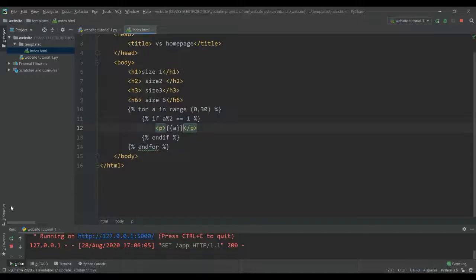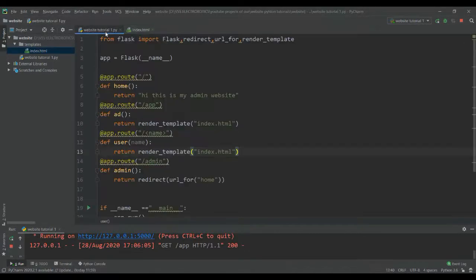So this is the thing you can do, because these curly braces and percentage symbols are important for writing a for loop or if condition in the HTML page for Python. Okay. In the next tutorial we are gonna see how to install Bootstrap and how to combine the Bootstrap templates which are on a website, and we are going to import the Bootstrap HTML files into our HTML, and we are going to make a login and logout website. Okay.